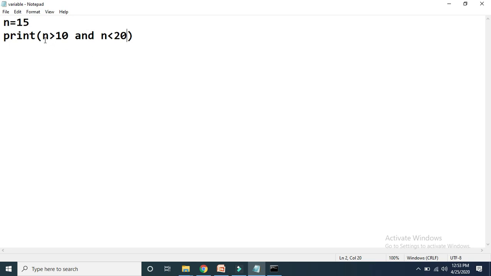Then in the print statement I am writing n greater than 10 and n less than 20. So both conditions are mentioned here, greater than 10 and less than 20.